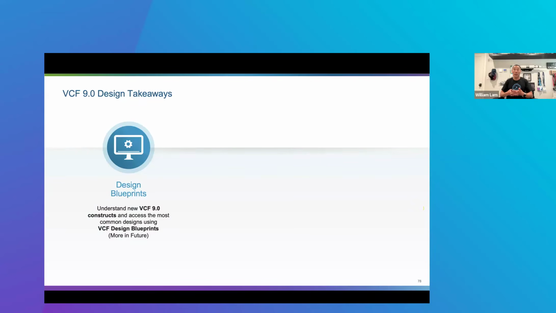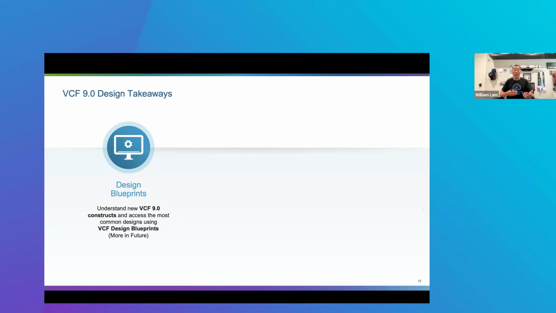We've also been working with a lot of customers to take a look at where their current deployments are today. How do we help them get to a 9.0 environment as seamlessly as possible using the components that they've got? And we've done that by creating these common design blueprints, or VCF design blueprints, that you can find directly in the Broadcom support portal. So no longer do you have to go elsewhere to find that. So take a look at some of those things, familiarize yourself and figure out what requirements you have from an